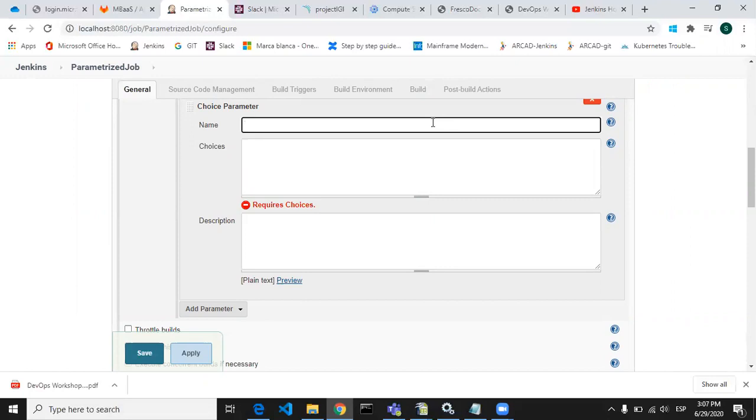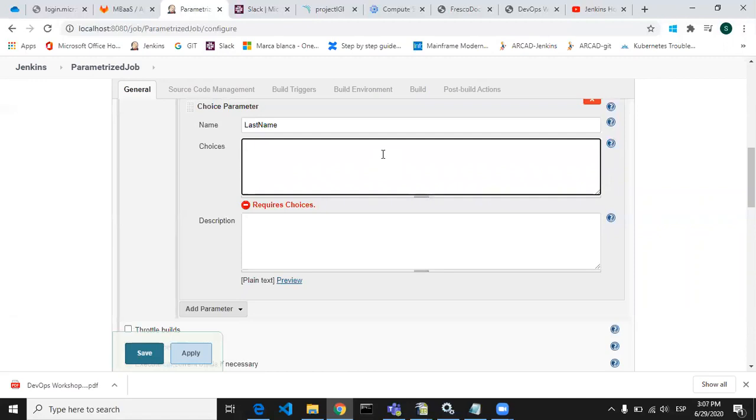So I'm saying last name, and here you have to put your choices, just like Deshmukh, then Rathod, say Dave. Okay, so these are the three last names I have taken.